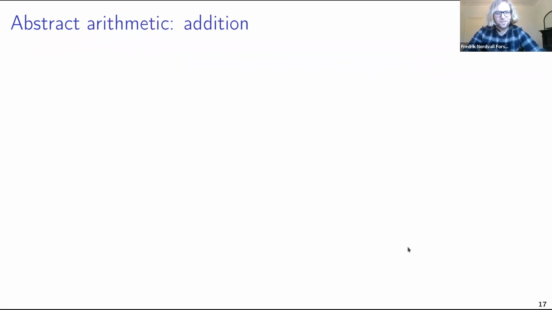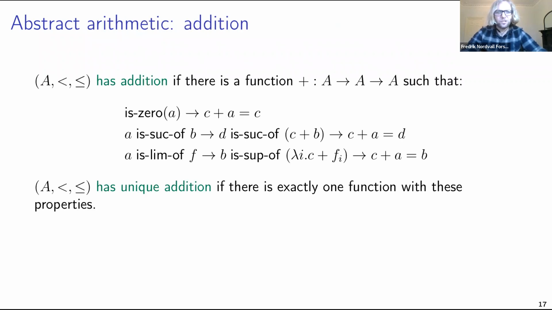Okay, so the reason why we want to introduce these abstract notions is that we want to talk about arithmetic on ordinals. And of course, if you only have one notion of ordinal, like in classical set theory, then you can use the uniqueness of transfinite recursion to show that any notion of addition must satisfy these three equations. So if A is a zero, then C plus zero should be equal to C. And if A is a successor, then C plus a successor of B should be the successor of C plus